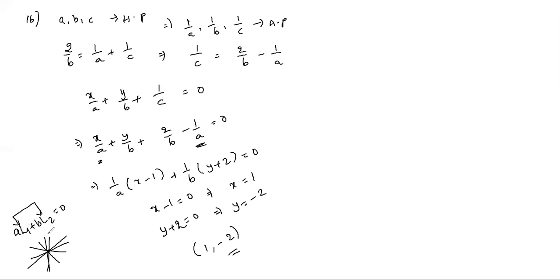This concept we will get in straight lines. So here also this is one constant into L1 plus one constant into L2. So this is a system of concurrent lines. The point of intersection is nothing but what you get by solving the straight lines L1 and L2. What is the point of intersection? 1 comma minus 2.